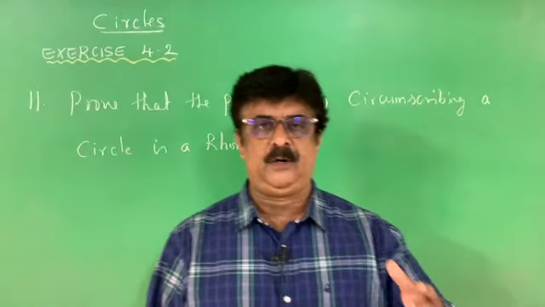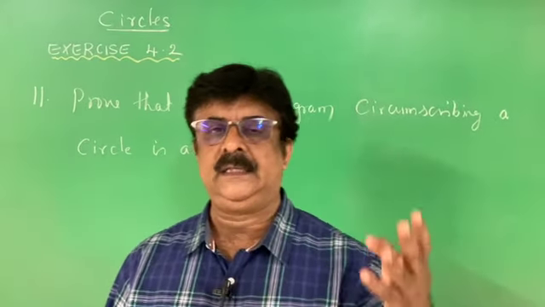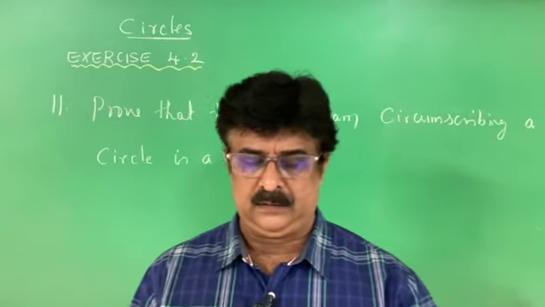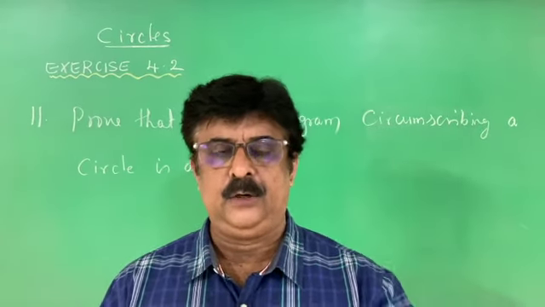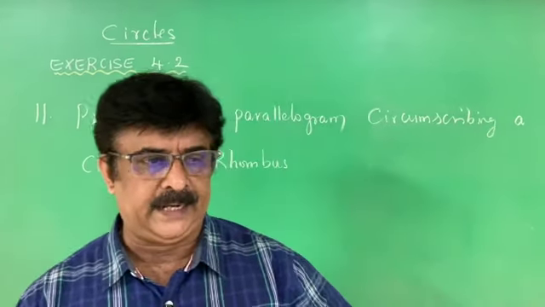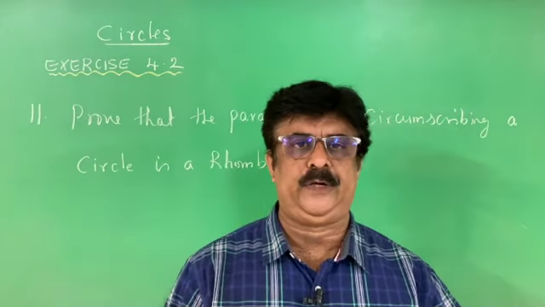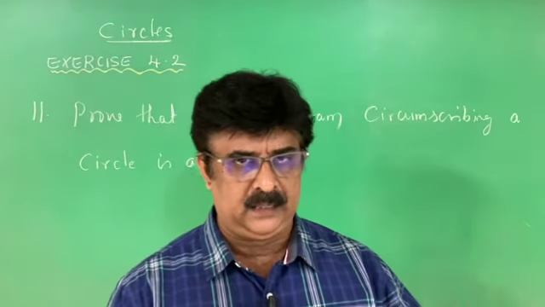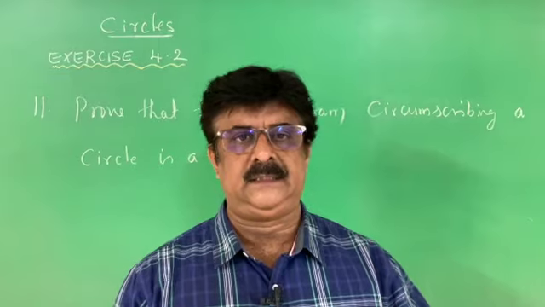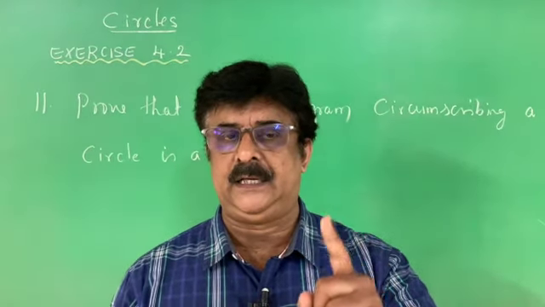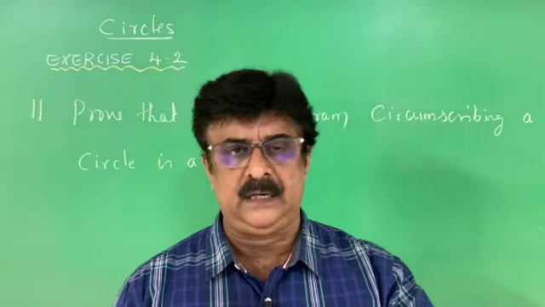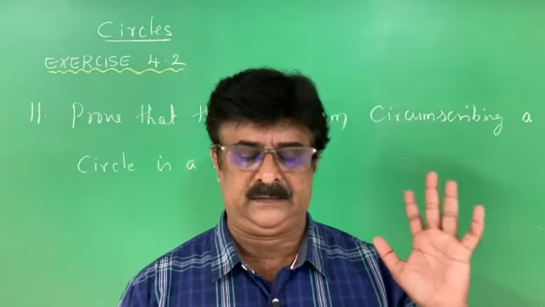Then I told you about the three line segments: radius, diameter and chord, and two lines, that is tangent and secant. Two theorems. One is radius and tangent are perpendicular to each other at the point of contact. Another one is the lengths of the tangents drawn to a circle from an external point are equal. This particular theorem is a must for the public examination. You have to practice this every day.